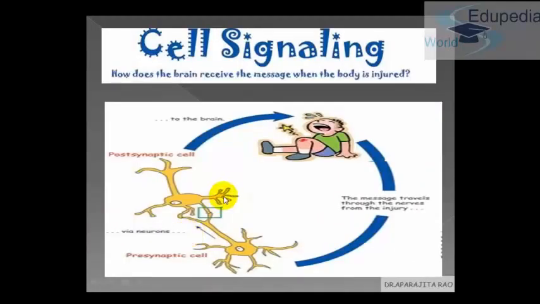So similarly, the cell, what it does is, if the kid has a wound, okay, the message travels to the cell. Okay, this cell, through streaming or whatever, passes the information to this cell. And this information goes to the brain, and the brain stimulates us, and we either cry or we take our hand back or leg back wherever the injury is occurring. So this is how the cell perceives the signal.